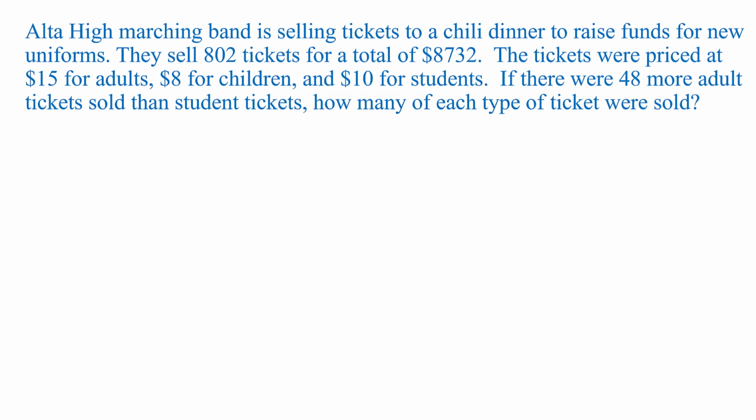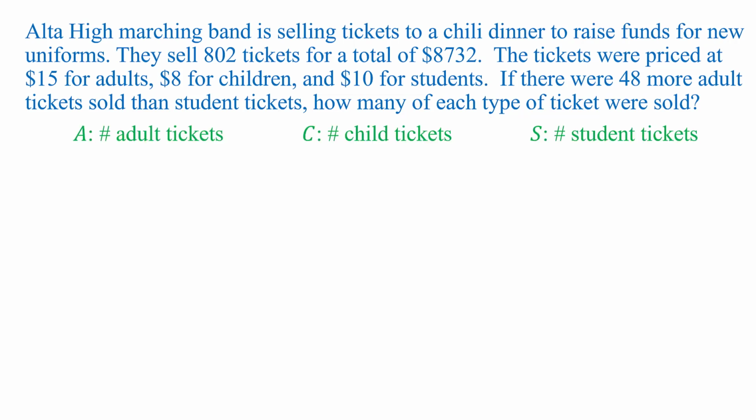So let's start by creating some variable names. Let's let A represent the number of adult tickets, C the number of child tickets, and S the number of student tickets. And then we'll need some equations. First of all, looking at the total number of tickets, 802, we can create the equation A plus C plus S equals 802, and then moving on to the total amount of money taken in,